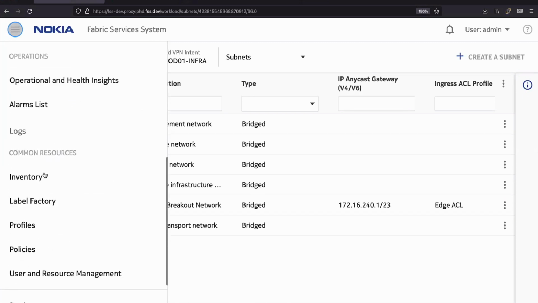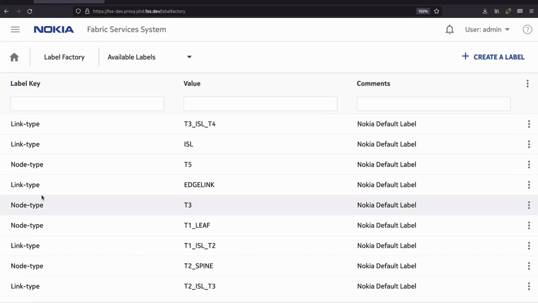So we use labels in the Fabric Services system extensively. And labels are things you can use to, well, label things, obviously, but you can link things and use those labels to then connect them into subnets, or to label devices and do a maintenance, for instance. If you have 10 racks, each with 2 devices, and I want to label my first one as main and my second one as backup, just a name, and then you do a maintenance intent on your main label, only the first one of each top of rack pair will be upgraded or maintained. So you can do easy maintenance that way, and labels are used across the system everywhere as an easy way to manage everything.